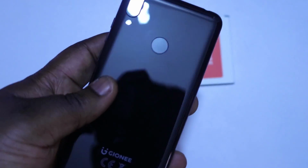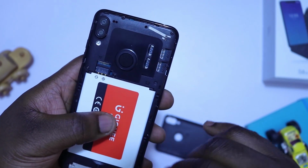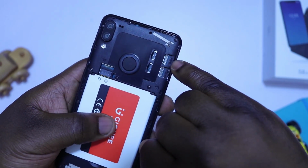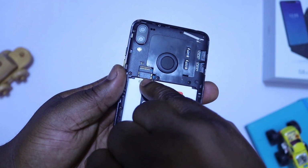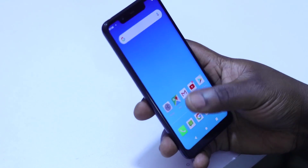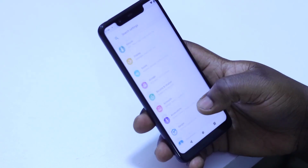You may have noticed, however, that there is not a SIM tray anywhere here. Well, that's because they're hidden underneath the removable plastic back cover. In here we have 2 nano SIM slots and a tray for expandable storage, which can take up to 128 gigabytes of storage. Up front we have a 5.8-inch HD plus IPS display panel at an aspect ratio of 19:9,